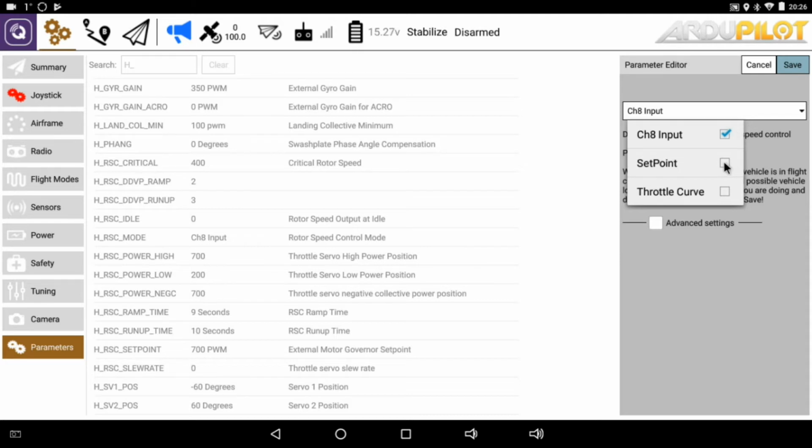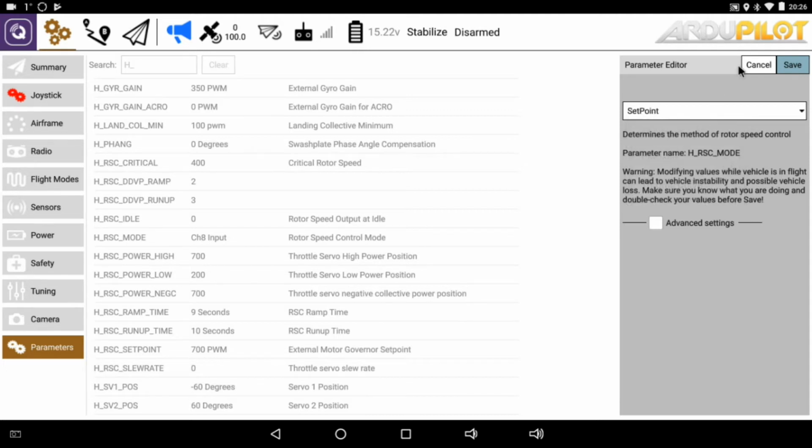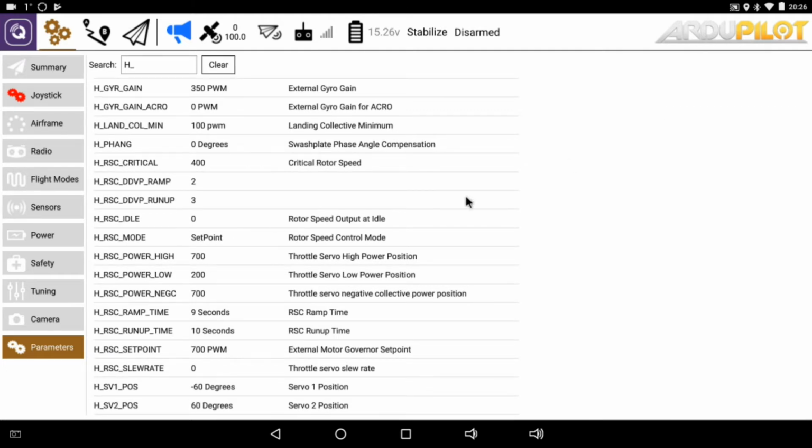We have mode 2, which is a set point. Well, before we start, let's just cover this one first. This is going to be used with helicopters with governors only. So if we set that to the set point, mode 2. Now we go to the